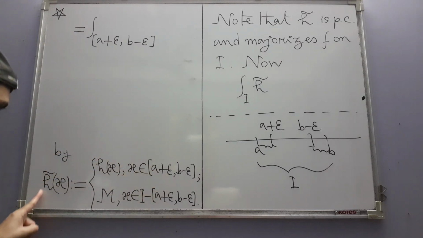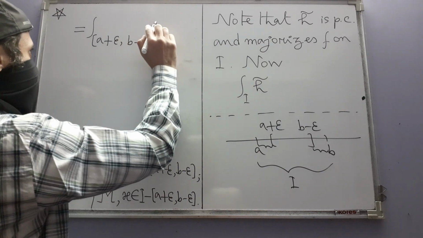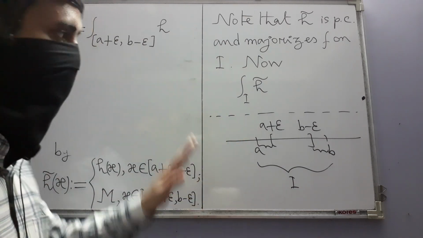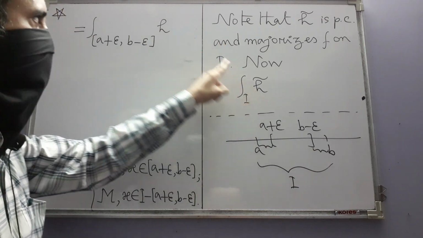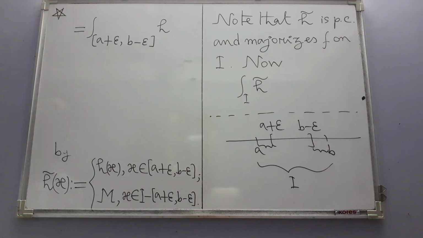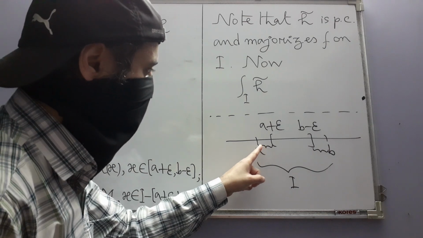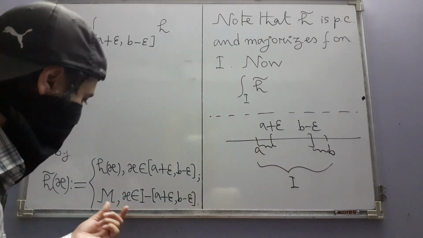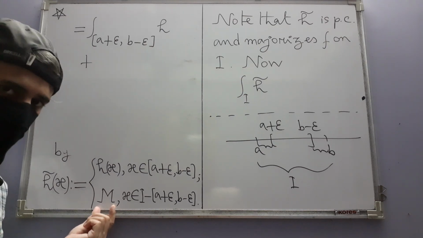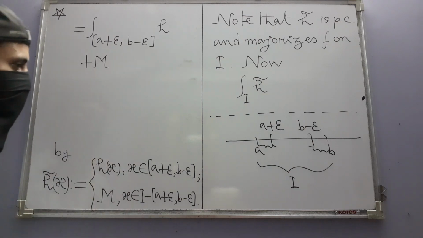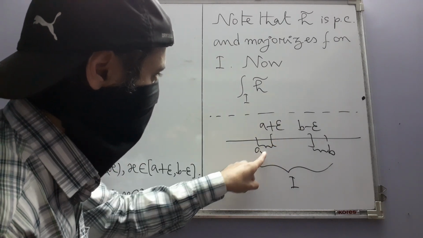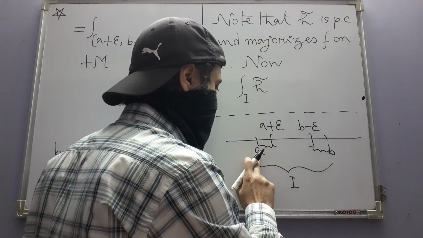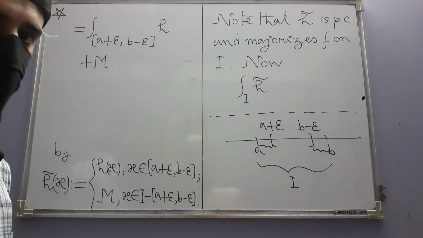And over this interval, h tilde is actually h, because it's just that. So we write h. Okay. Keep in mind that we are now working with piecewise constant functions. There is no f here anymore. This is piecewise constant, that is also piecewise constant. So they are Riemann integrable. But now plus. What will be the integral of h tilde over this region? Over this region, note that h tilde is constantly n. It is a constant function. So that constant times the length of this interval, which is what? Epsilon, because a and a plus epsilon are the endpoints of this interval. And note that that fact is not going to be affected by whether a belongs to I or does not belong to I. Length is unaffected,